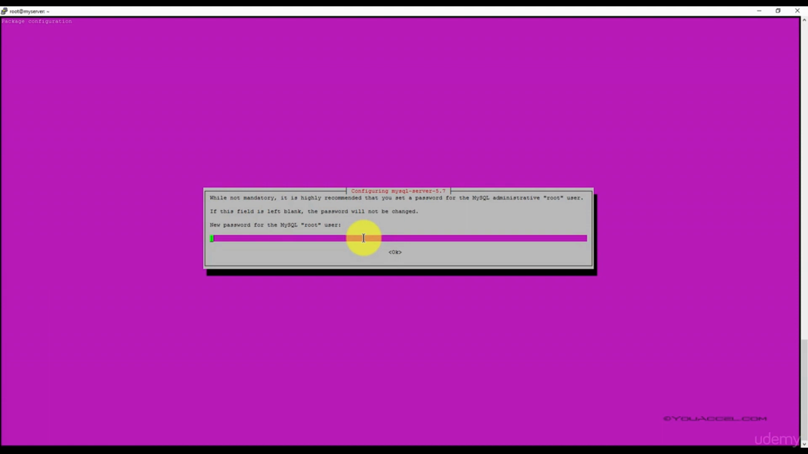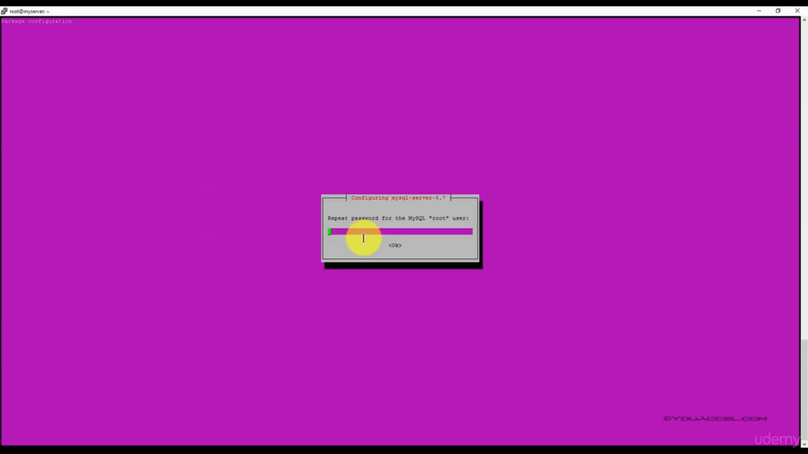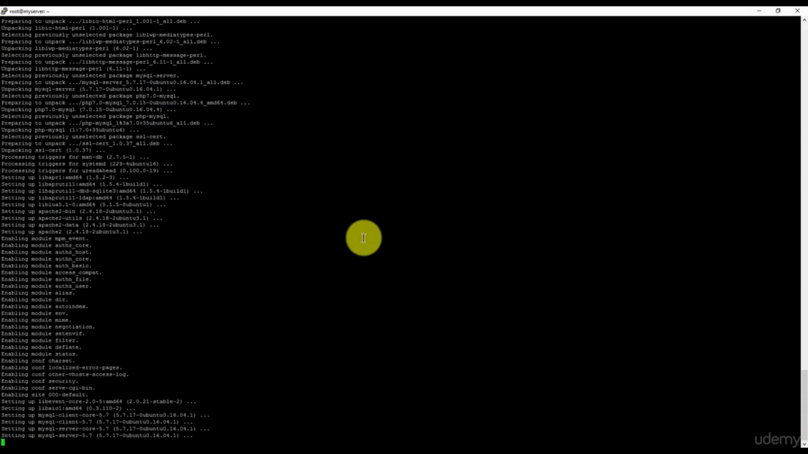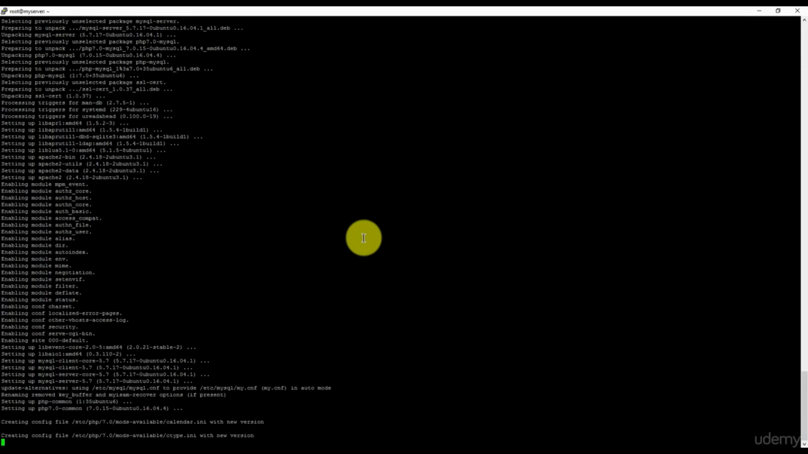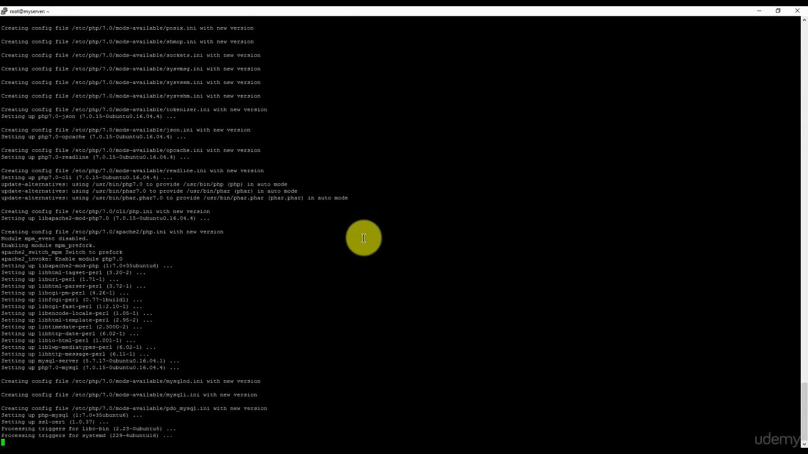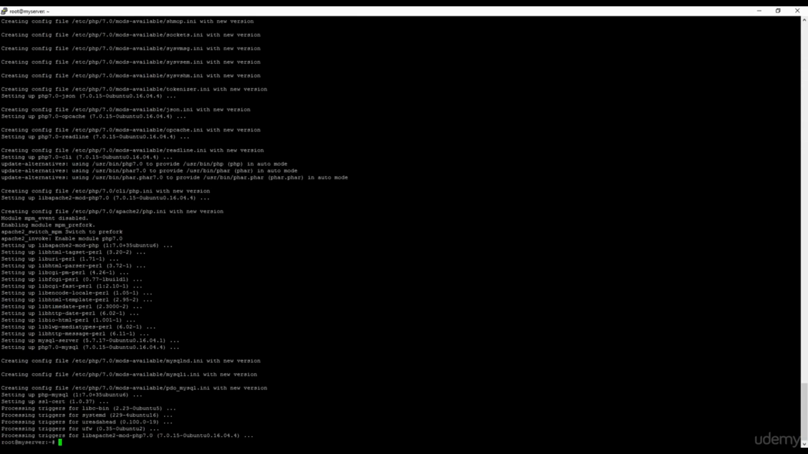This is just basic configuration. We need to create a password for the MySQL root user. And we'll need to repeat that password to confirm it. Okay, with LAMP server installed, we need to run this command